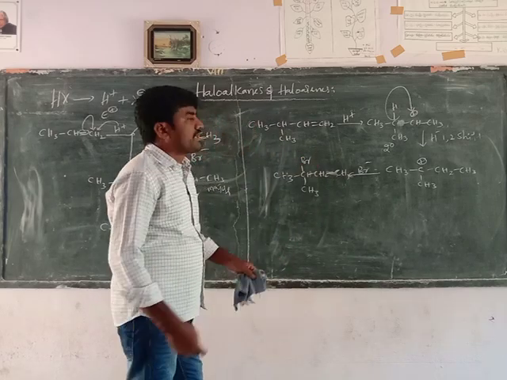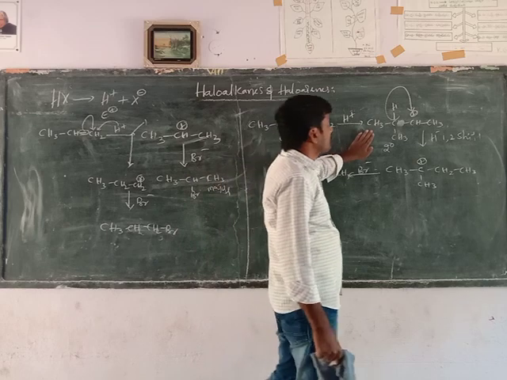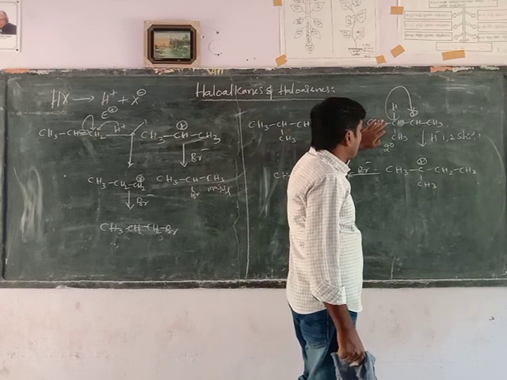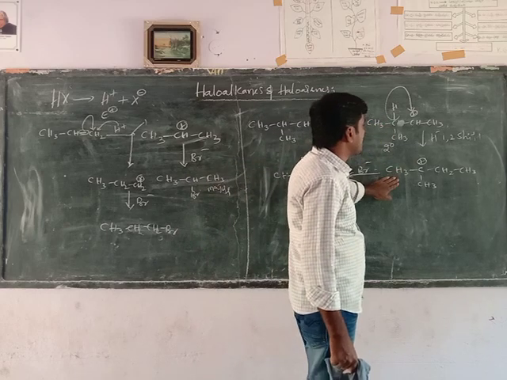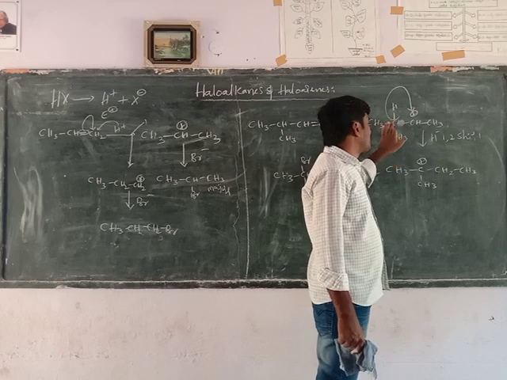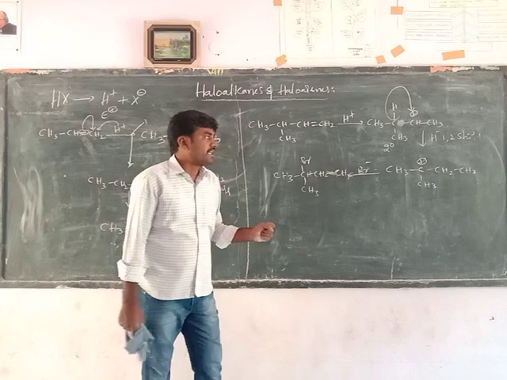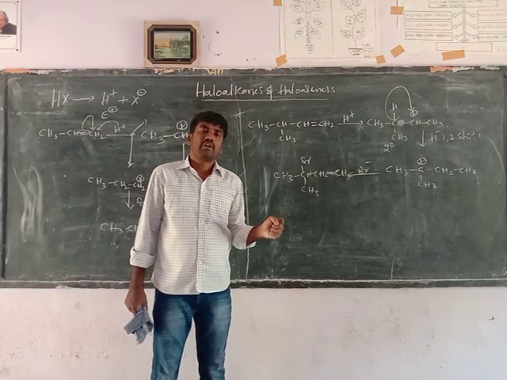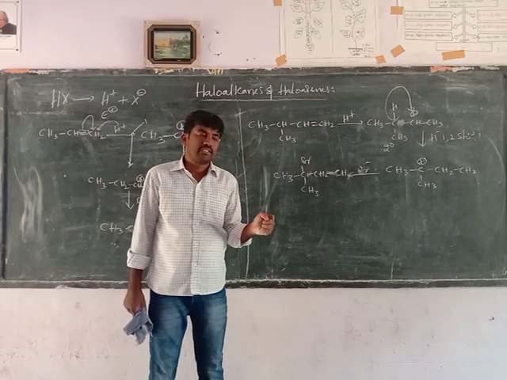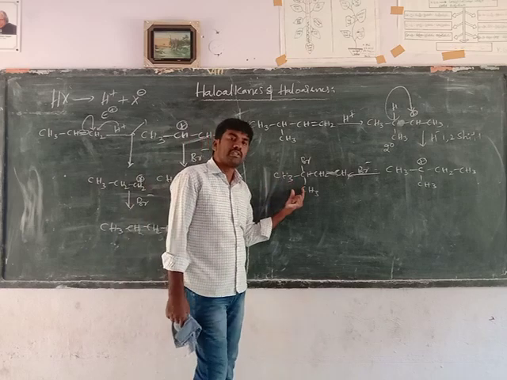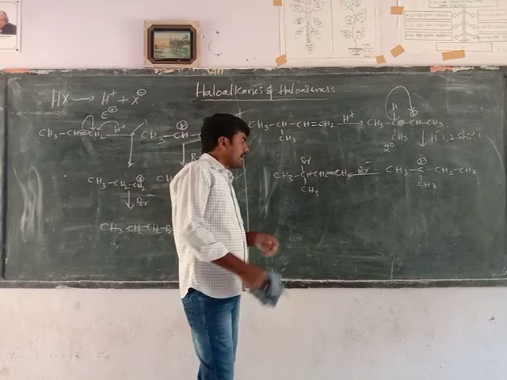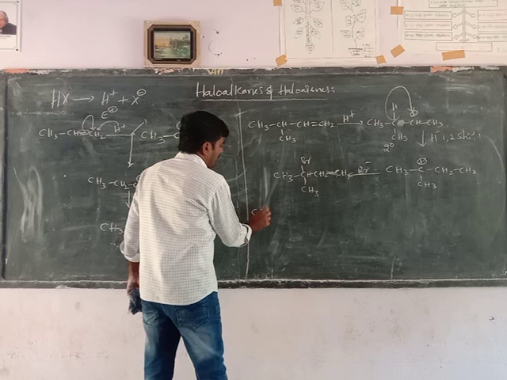Okay. In the shifting of hydride, the stability of the carbocation increases. If it is possible, methyl or hydride shifting takes place to increase the stability of the carbocation. In each shift, the stability of the carbocation should increase. Otherwise, the shifting is not possible in the reaction. Let's take one more example here.